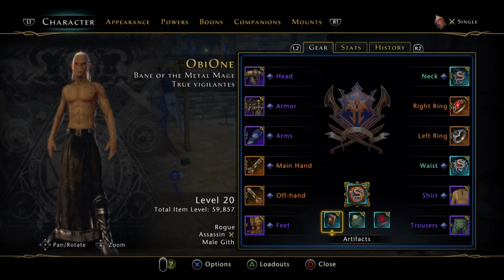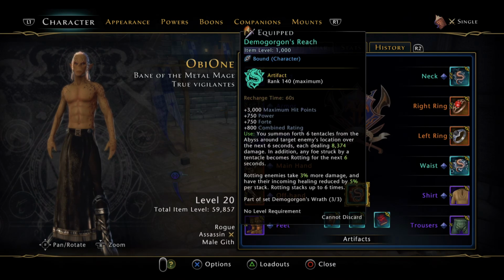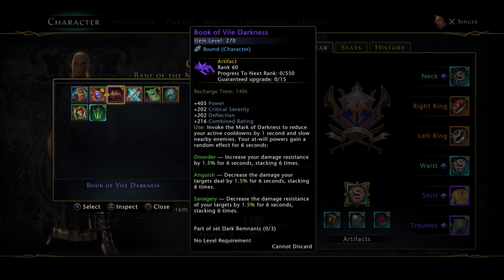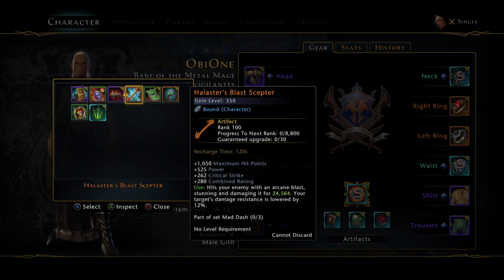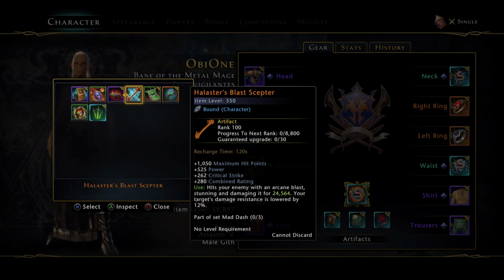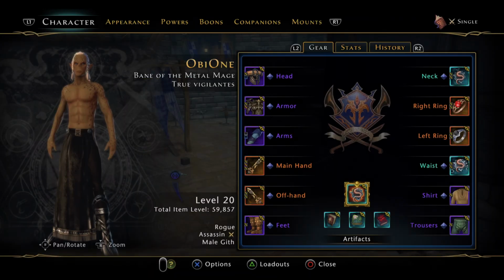And literally everything's the same except I put Demogorgon's Reach on for the debuff on the boss. You can use any debuff if you want, if you don't have Demogorgon, right? You can use Blast Scepter, very nice. You can use Knives, right? There's all sorts of different choices you can choose from. I just have Demogorgon because that's the set I'm running. If you have Fae, that's perfectly fine as well. And literally everything's the same